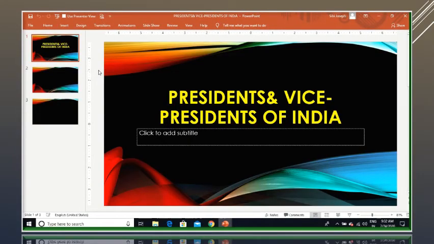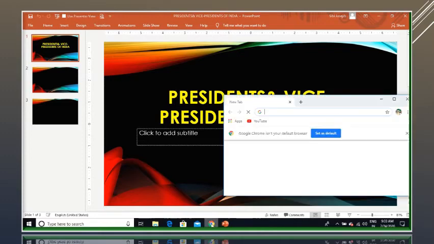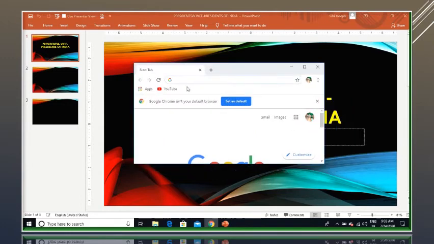I am asked to create a presentation on the topic Presidents and Vice Presidents of India, but I need help from the internet to collect the information about the topic. So I need to open Google Chrome to search on the internet. The Google Chrome window is opened.